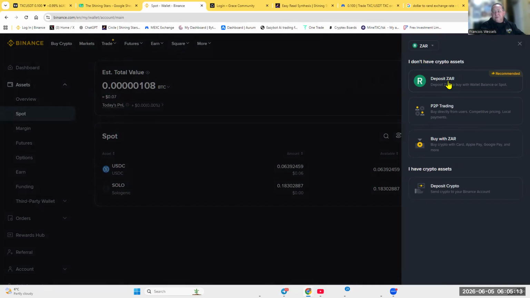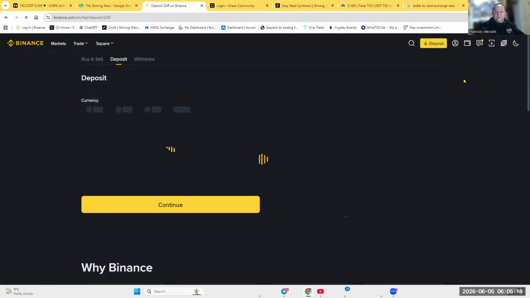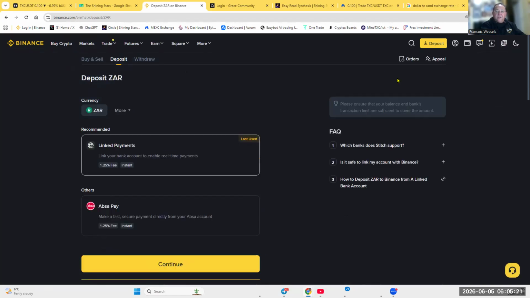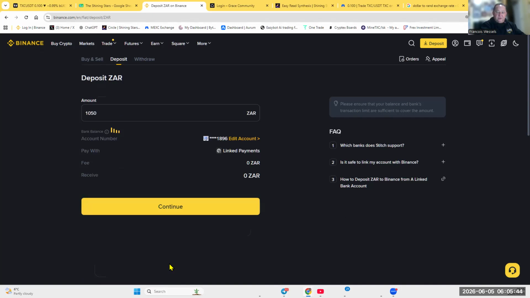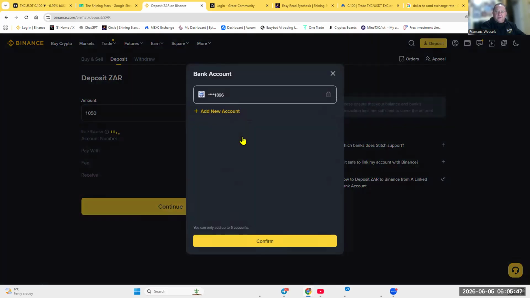Now in my case, I'm depositing the South African Rand. Whatever country you registered in, that currency will be set there. If you click on deposit, I'm just going to show you guys how to connect your bank as well. In here, I'm going to press continue. Now you guys can see Absa Pay is a bit different, but you need to activate your Absa Pay in your Absa bank account. Now this is specifically for South African people. So if you click, I just want to show you guys.